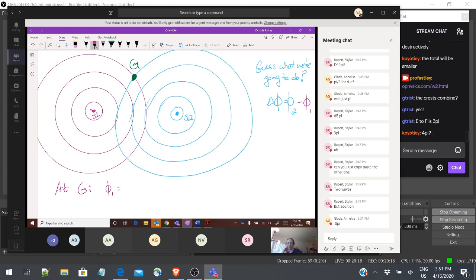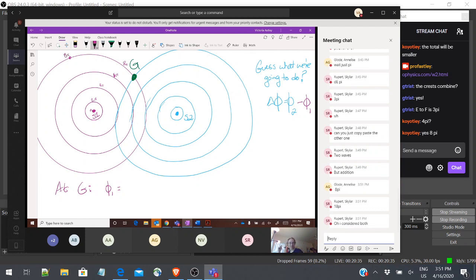And he says 8 pi. 8 pi is also what I think. Remember that each crest is 2 pi in between. So this would be 2 pi, 4 pi, 6 pi, 8 pi. And every point along this ring would be at 8 pi. Yeah, there you go. 8 pi. Okay, what about